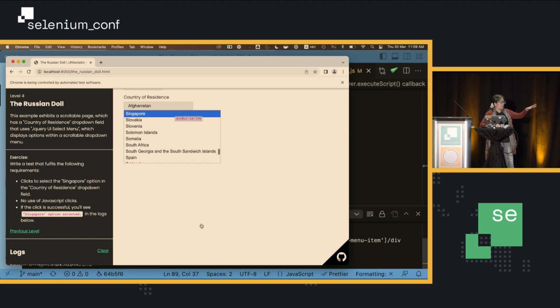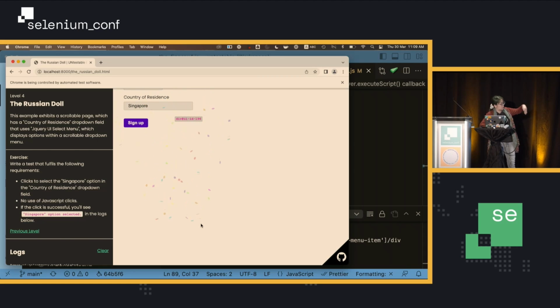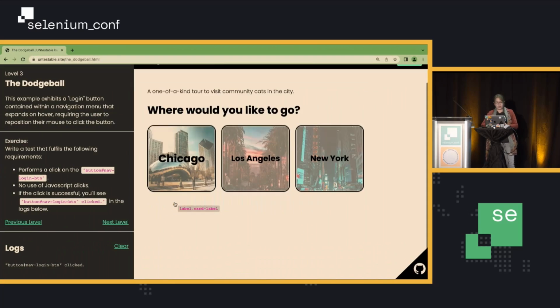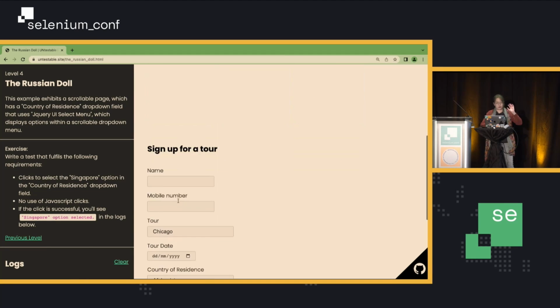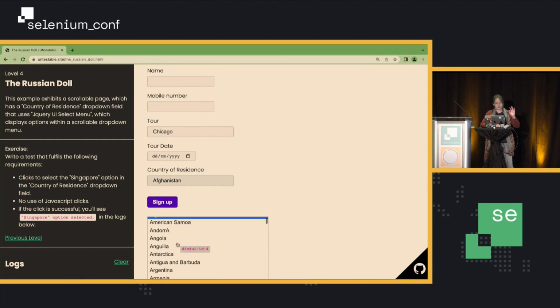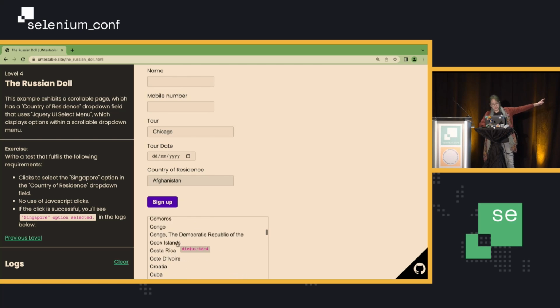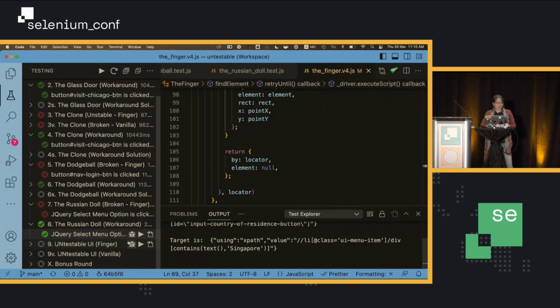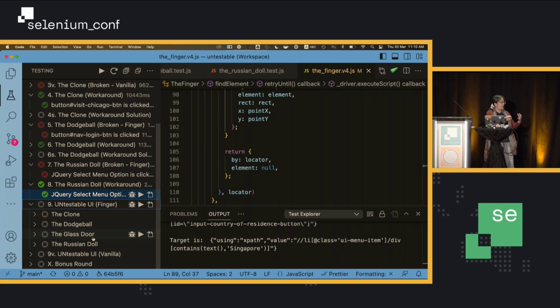So this is a scrolling menu inside a scrollable page, and it's not viewable by default. So you have to scroll down to view the form, and then you have to scroll within the menu to select the option that you want. So this only works if you click on Singapore, which is the nice warm country that I'm from. So you can see. A human can do it, and now we have a magnificent finger.click function that can do it as well. Yeah, so that is the ultimate finger,